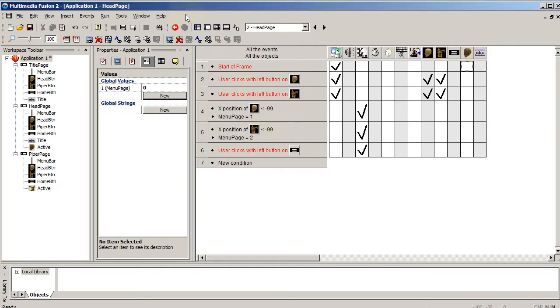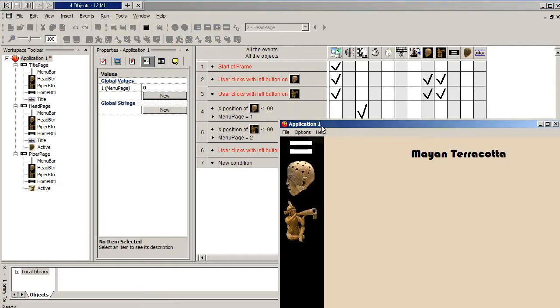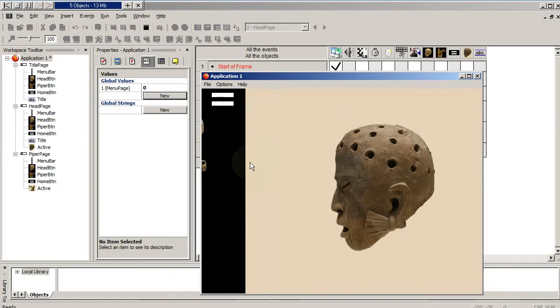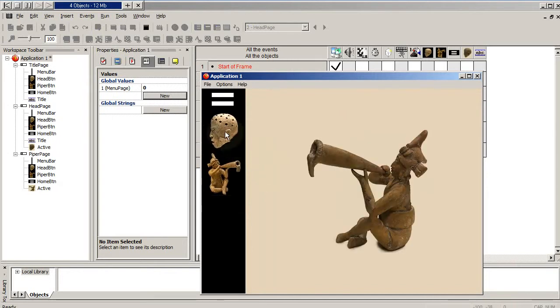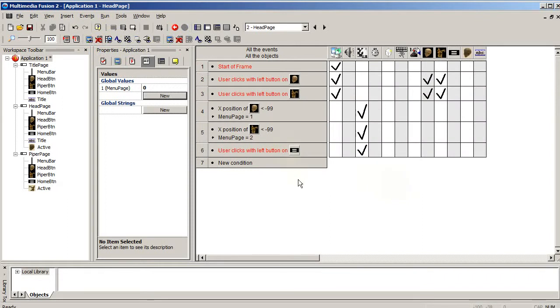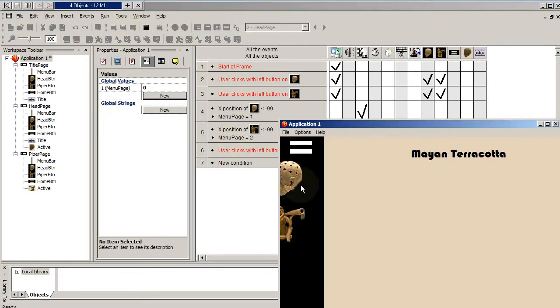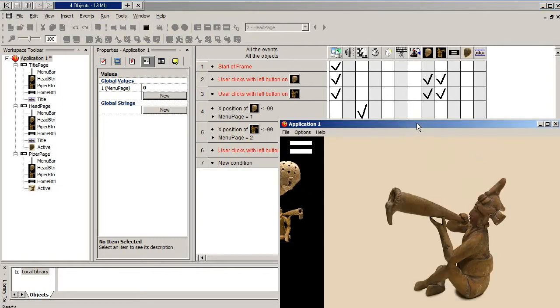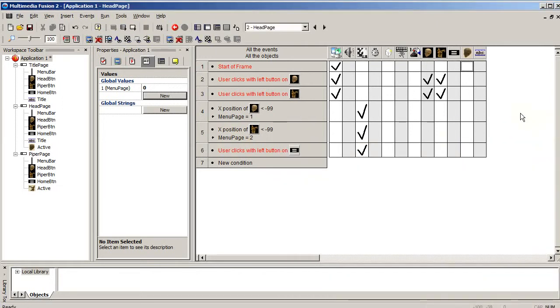Okay, let's look at a fading effect that I had on my demonstration application. At the moment the images just flick onto the page as soon as you click the button. They just come on immediately. So to introduce this fade, we'll use another